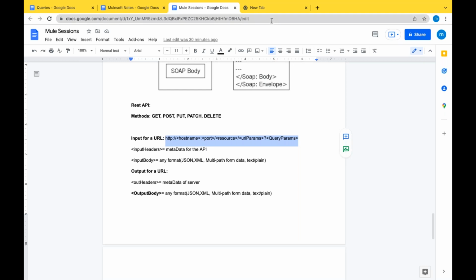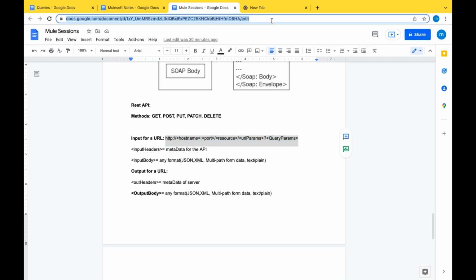So this is an API. What is the functionality of this API? When I trigger HTTPS with a host name, docs.google.com is the host name. As it is HTTPS, the port will be 443.